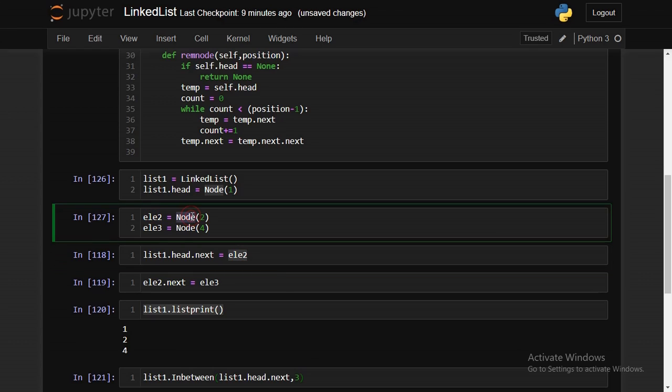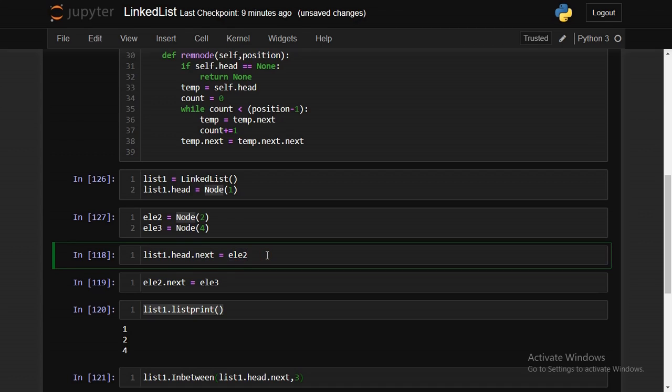ELE2 is the node having the value 2, and head is the node having the value 1. And head.next is initialized to none, but here we are trying to connect those two nodes. That's why I am linking list1.head.next to second node. The second node here is element ELE2.